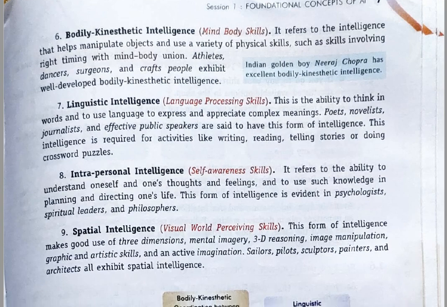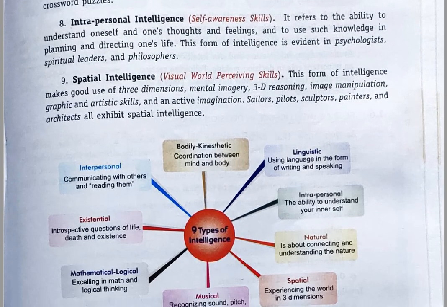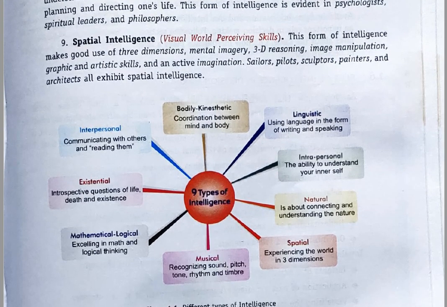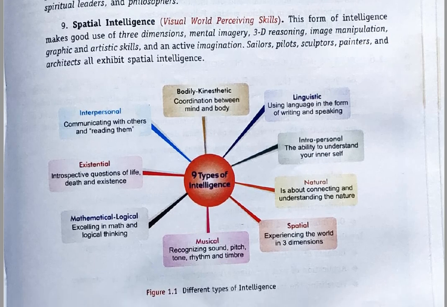Okay, so this is the diagram which depicts all these nine types of intelligence. So first you have to understand all nine of these, such that you should write a few lines, about 2 3 lines about all of them. Okay,